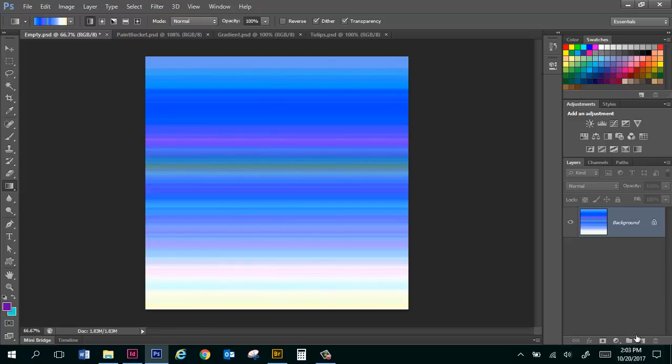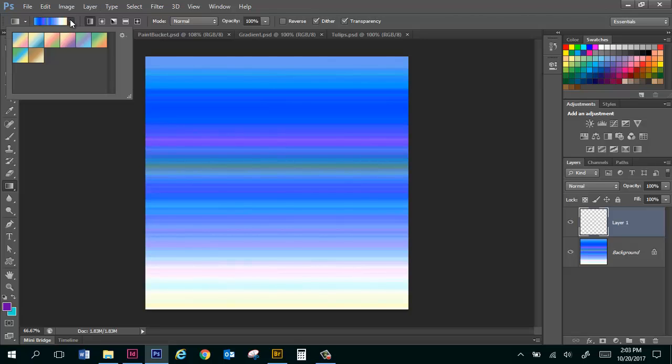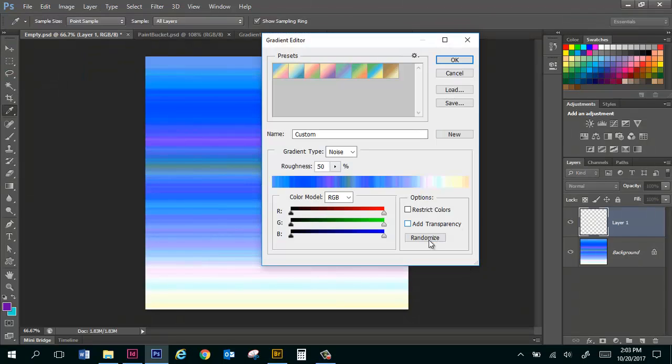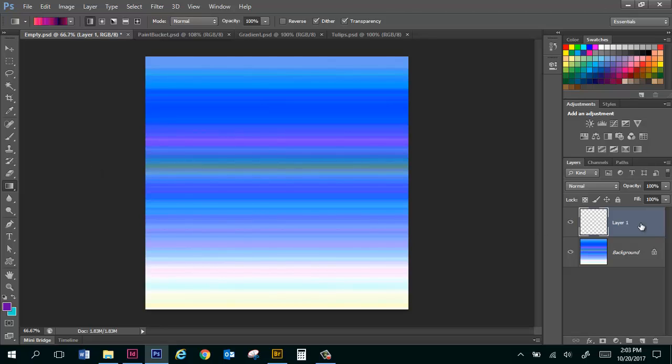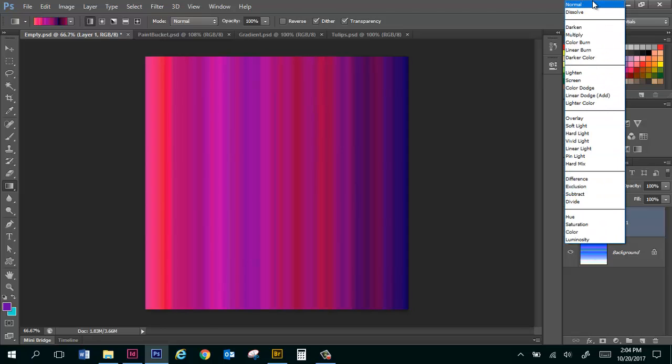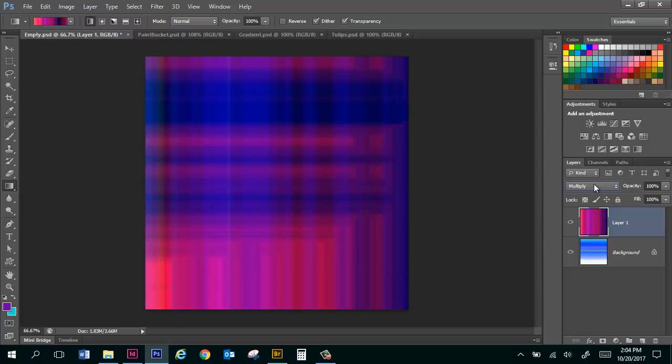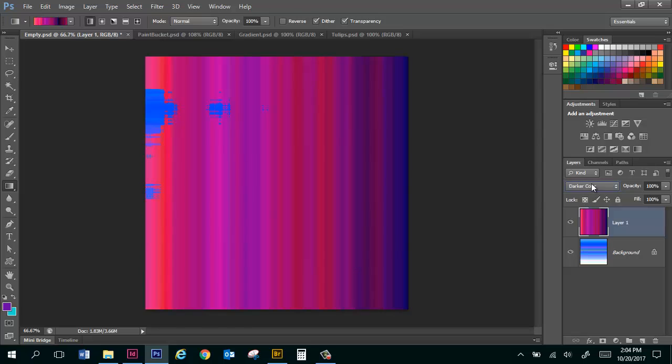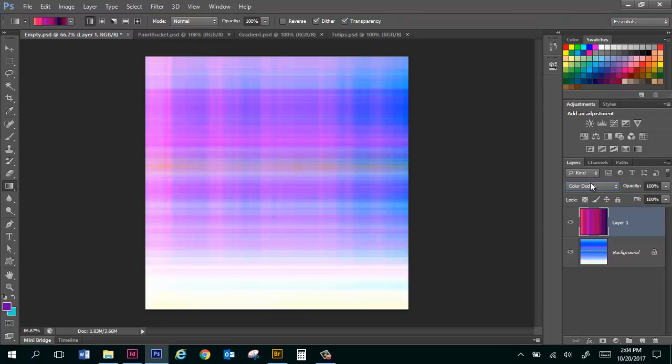So there it is. Now, if I play with blending modes, I'm going to add a new layer. And I'm going to go back into my gradient editor and randomize a new color scheme, maybe something that's totally different. So this has got a lot of darks in it. And on a new layer, I'm going to drag out the gradient in the other direction. So I've got vertical and horizontal, and with the top layer selected, if I want it to react with the background layer with blending modes, I'm just going to use the down arrow and cycle through, and you get some pretty interesting results, some maybe not as good as others,